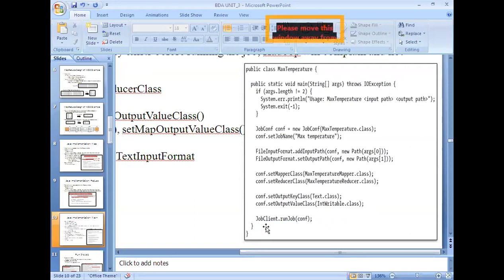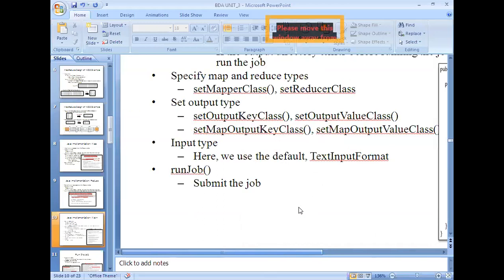And finally job client dot run job, and then your job will be submitted for running. This configuration object contains the job name, job ID, input path, output path, mapper class, reducer class, and output key value classes also. Right? So this is about how to run this particular job.